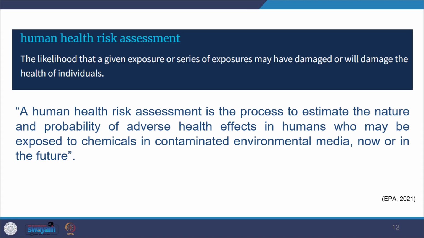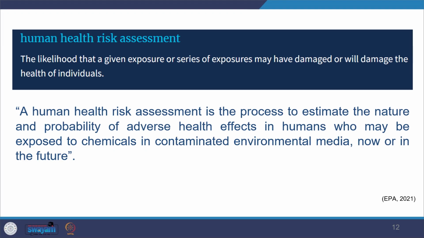Human risk assessment is said to be a process where you estimate the nature of the impact which will happen, and you also look at the probability of that impact. So what nature of impact will happen, and what is the probability that that impact would happen to your health. Especially when we are dealing with human health risk assessments, it is more focused on chemicals and contaminants in